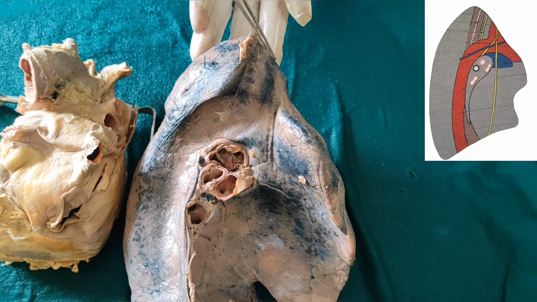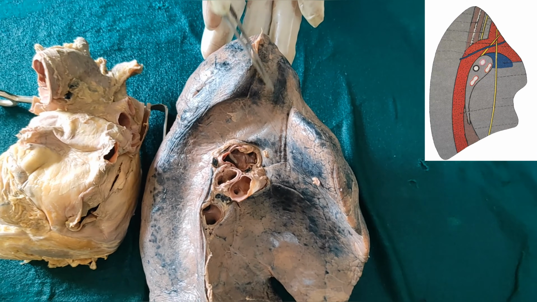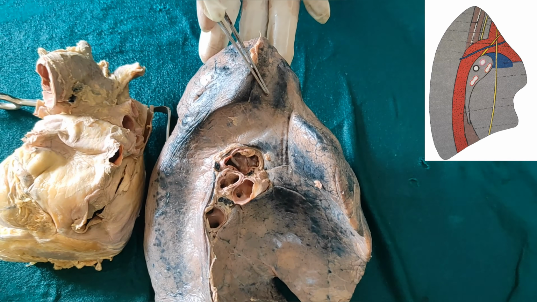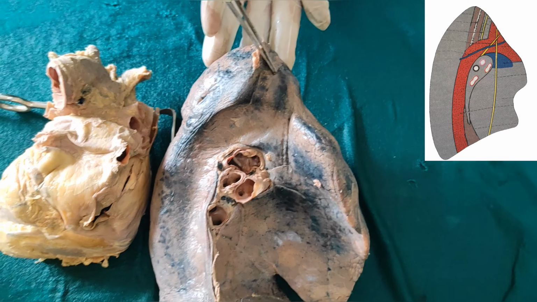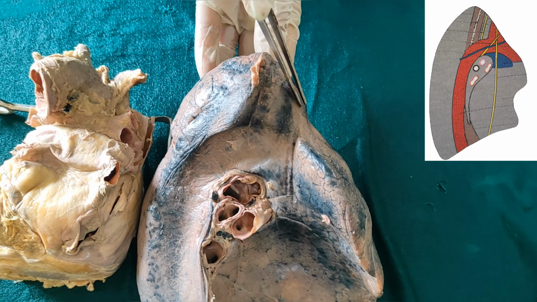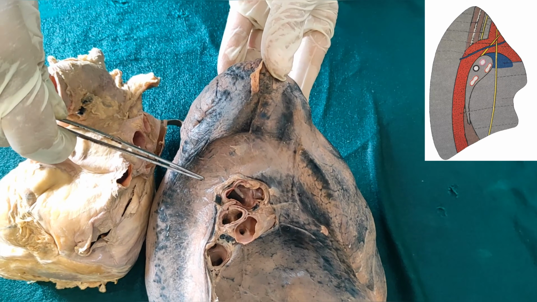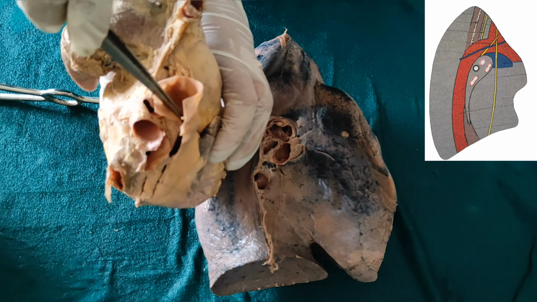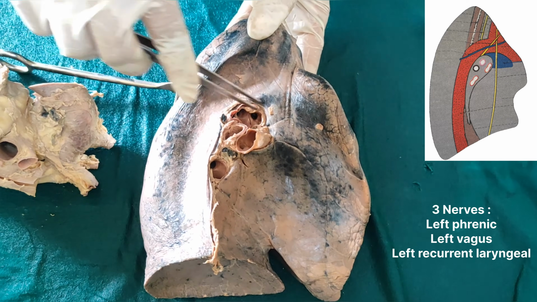At the medial surface of the lung, there is one duct impression, the thoracic duct. The thoracic duct is present only on the left side, and because of that you can see the impression over the left side of the lung. Here also there is some impression of the left brachiocephalic vein. The left brachiocephalic vein and right brachiocephalic vein join together, forming one vena cava, known as the superior vena cava.